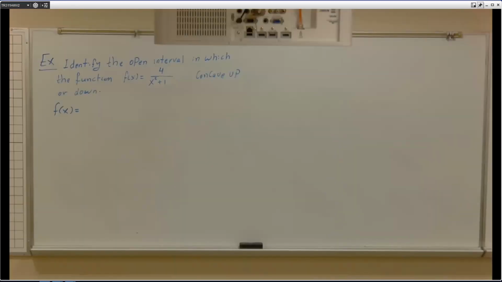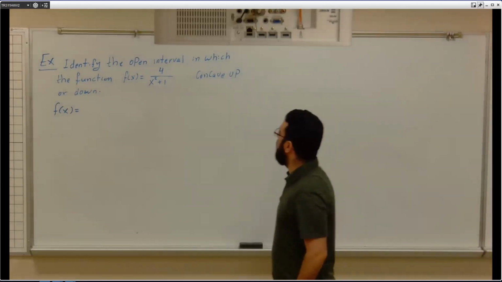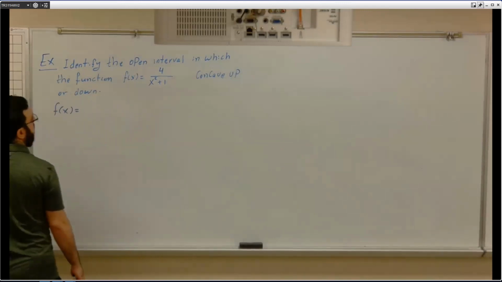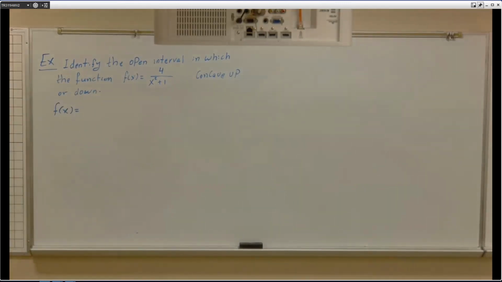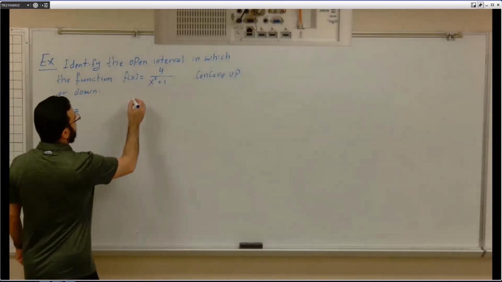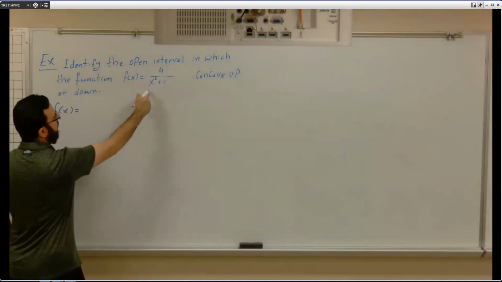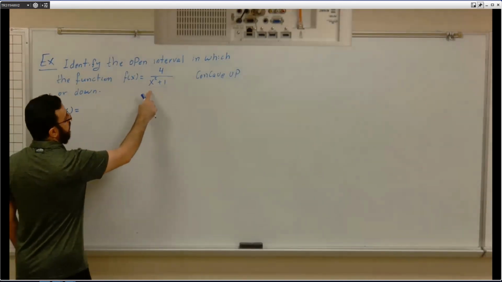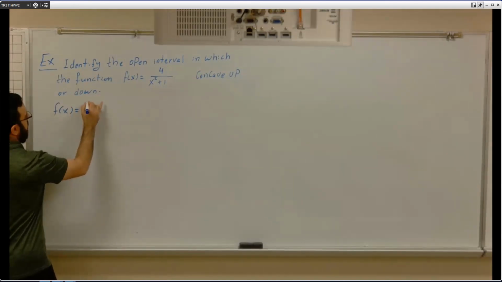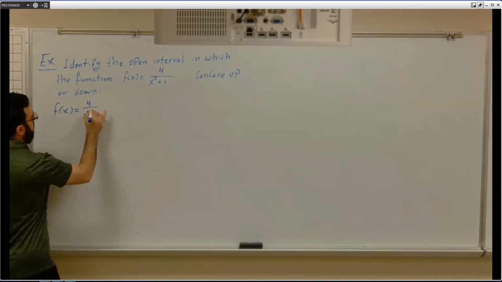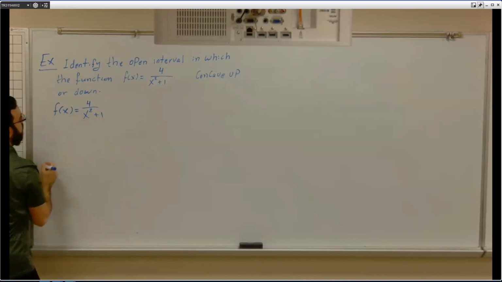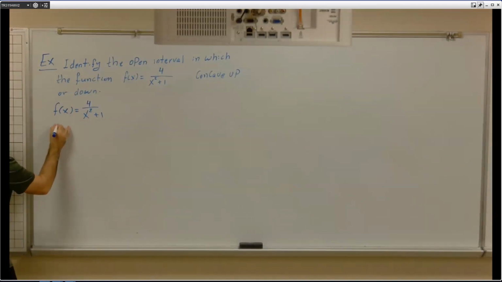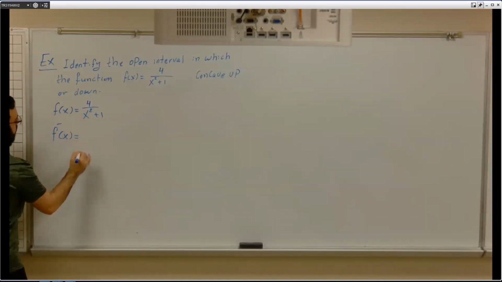So let's take this one. Find the open intervals where the function f of x equals 4 over x squared plus 1 is concave up or down. Now we have a quotient. So our function is 4 over x squared plus 1. Now we need to find the derivative. So f prime of x is going to be equal to